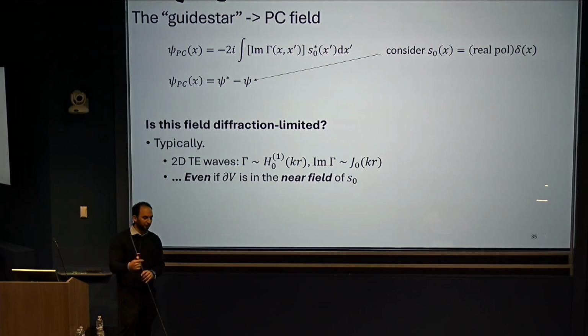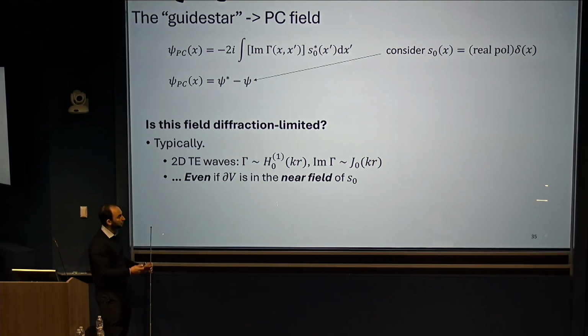Another way of understanding it is through the perfectly canceling currents. In this setup, there are perfectly canceling currents to the exterior. They produce fields that only go outward. There might be evanescent waves that go outward, and there are also propagating waves that go outward. When you do the phase conjugate, you flip the propagating plane waves to go inward, but the evanescent waves just keep going outwards. So the funny thing that happens is that if you take this boundary and bring it into the center, it creates a uniform field in the interior and diverging fields right on the outside of the boundary, due to the evanescent tail of these fields. But they don't create a focus at the center, because you have to have the time reversal of the original source to do that.